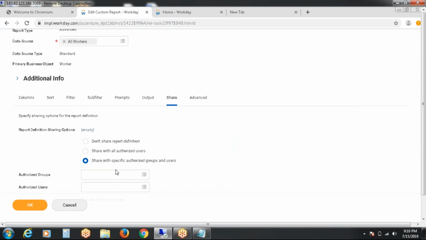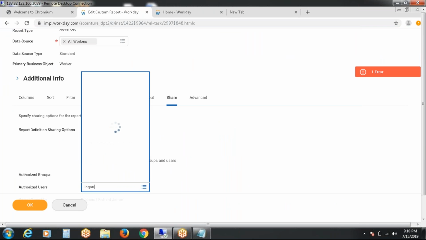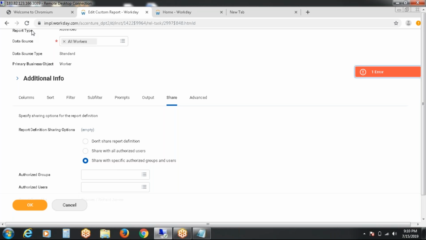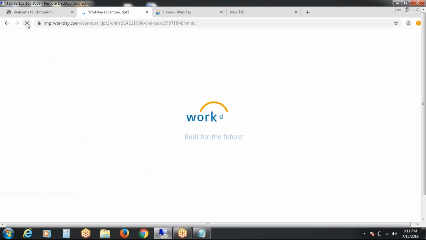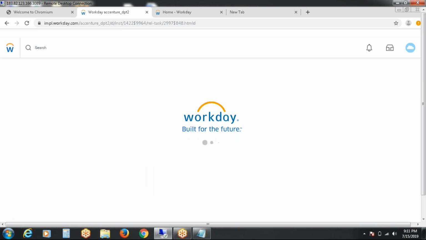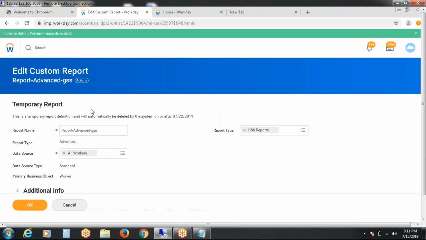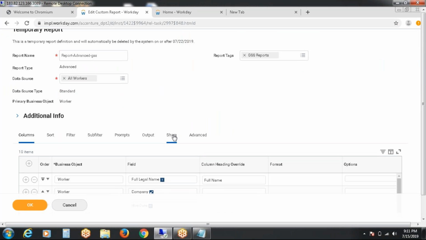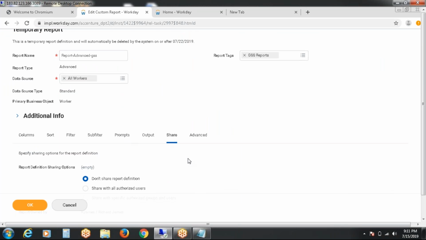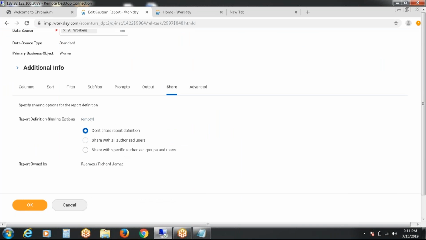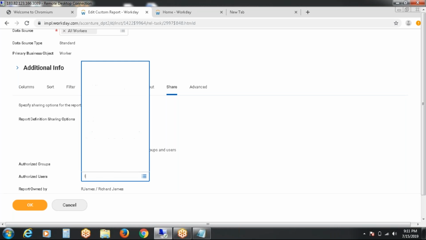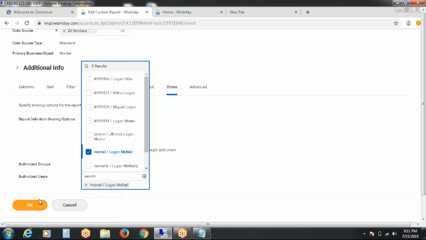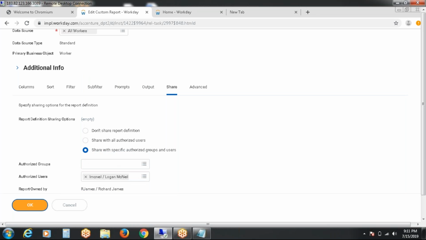Now share to Logan. It is asking to refresh the page. Why? Because we have done start proxy, right? Go to share option. Logan McNeil and say OK.